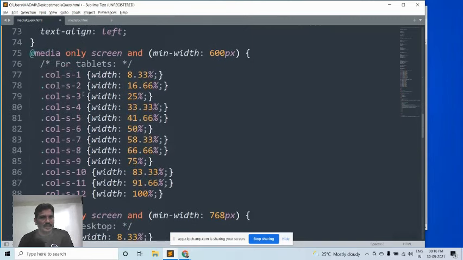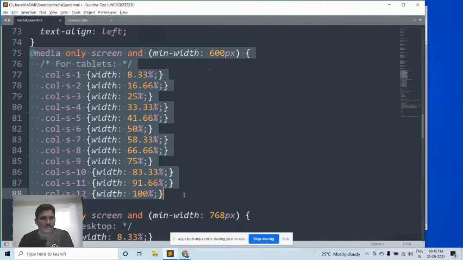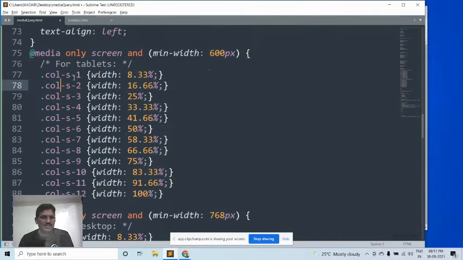Then when you come to here, media only screen and minimum width should be 600 pixels. When the minimum width of the screen is 600 pixels, this code will work for the tablet size. Then column S1 for small devices, S1, S2, S3, because each and every column size should be 100 pixels. Then the width size should be increased to 8.33.